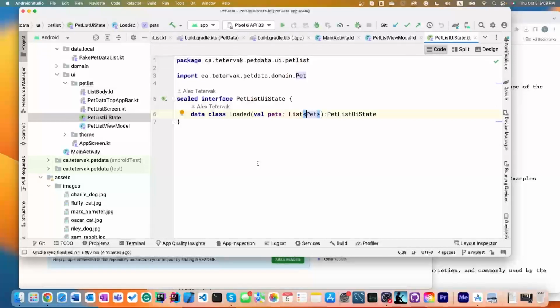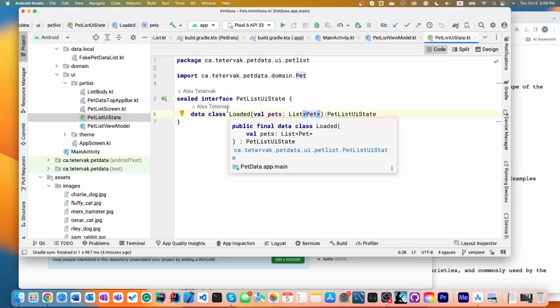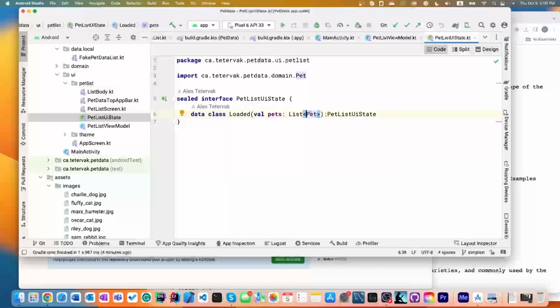But in a future version, like the next branch, I will have a loading state and I will also have a state which is error state. Okay. But now I'm just creating the necessary frame to make it walk, without sweating in other directions, okay? So I created loaded and this, okay? Next, going back to view model,